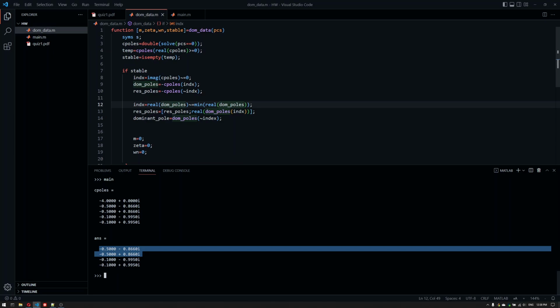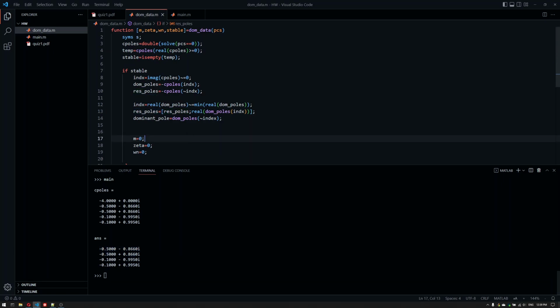And for the dominant pole, I'm just taking the inverse, basically, which is the minimum here. So I'm separating the complex pole pairs. I'm taking the minimum one. I'm adding the other one to basically the residue poles here. Of course, actually calling this residue poles is not really accurate at this point because, well, these are the real values of the residue poles because I'm adding the real value here. So let me show you what the index was